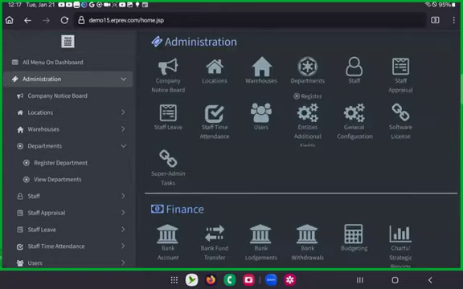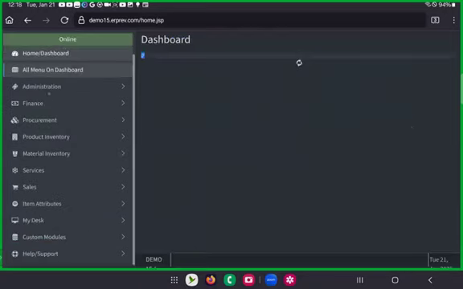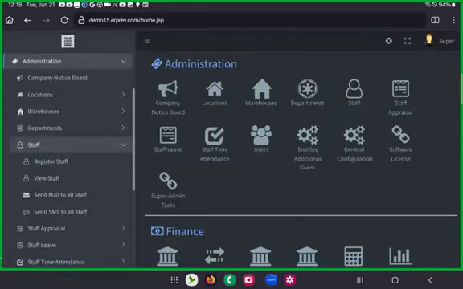All right. So now the next thing we need to do is to register the staff that would use the system, because I want to believe that it's not just one person that would log in to use the entire system. You would need to create accounts for the sales people, the inventory person, the organization manager, the accountant, supervisors, depending on how your business is configured. So if you're the only person that would use the system, then you can skip this step as well. But if you have different people that work in your organization, then you still need to come under administration, staff,